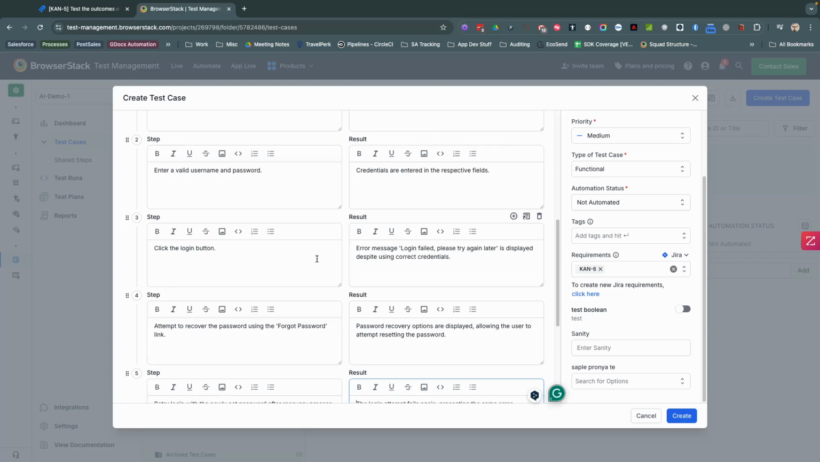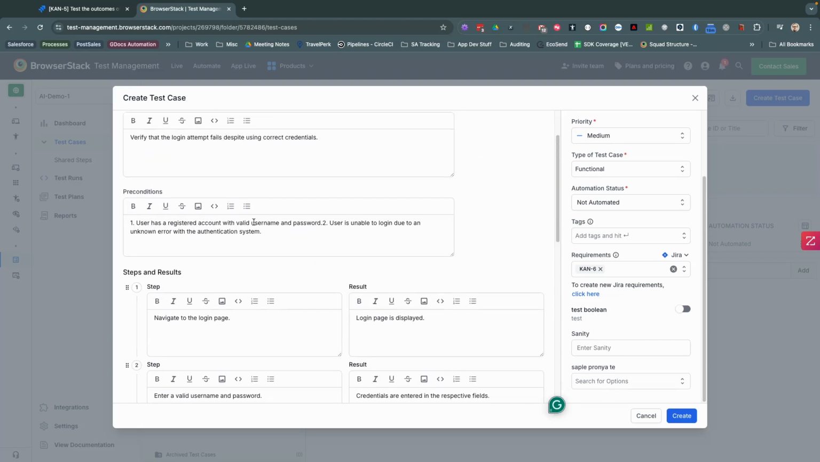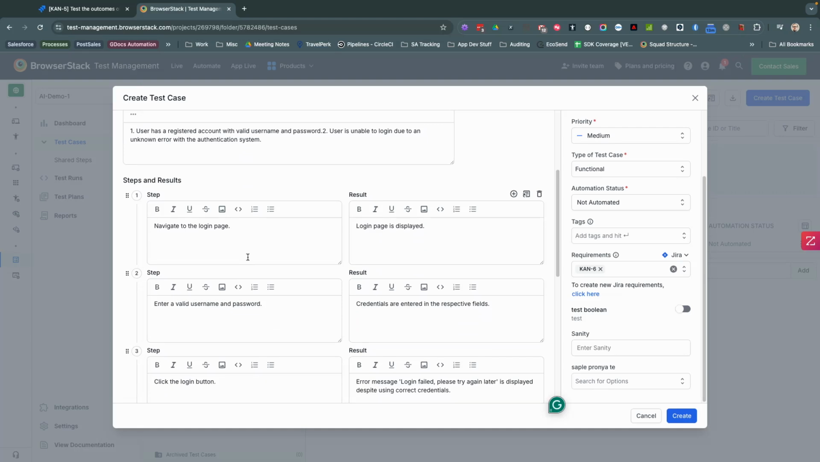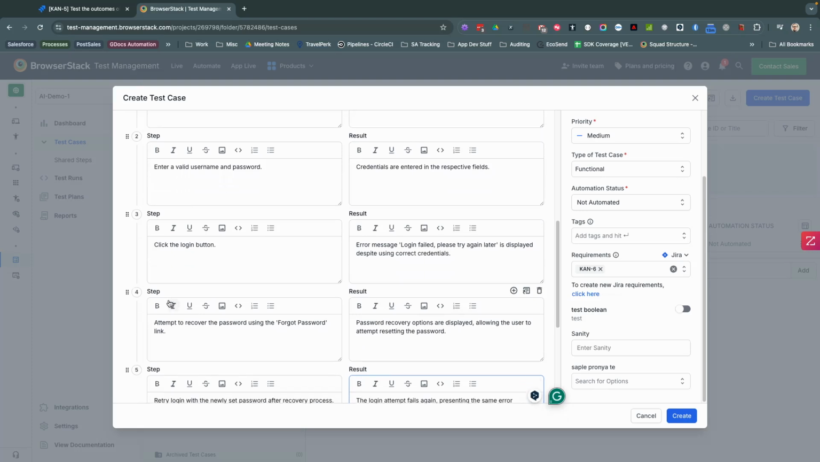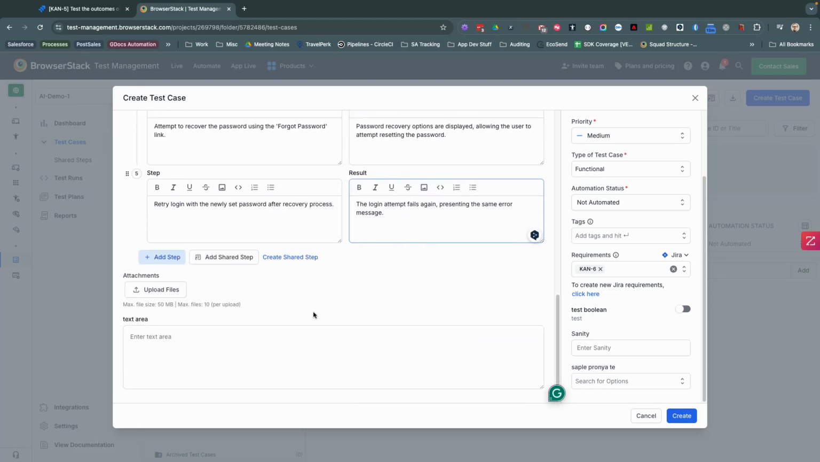And there we go. So preconditions, you have an account and the user is unable to log in due to an unknown error with the authentication system, which is usually what that means. If you're entering the correct credentials, that's going to be the case. So go to the login page, enter a valid username, click the login. You can use the forgot password. So it's taking you through all the various steps that you can use in order to figure out why your login is failing. And then when we click on create,